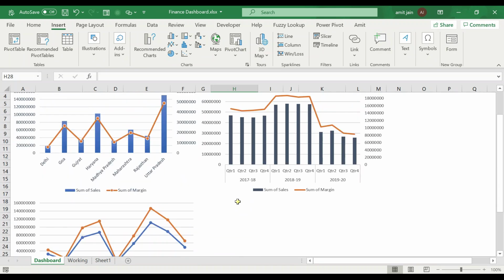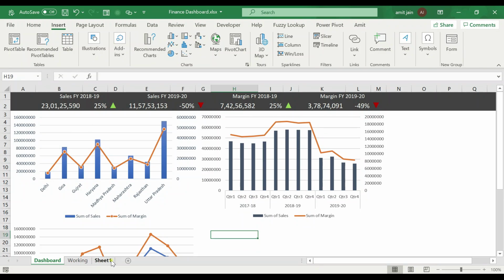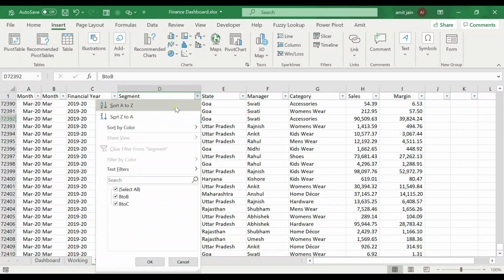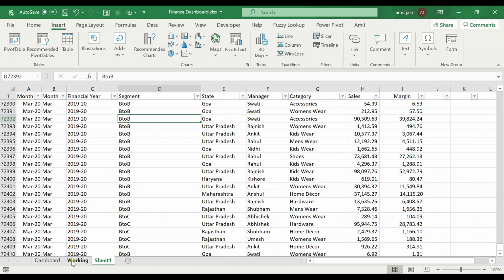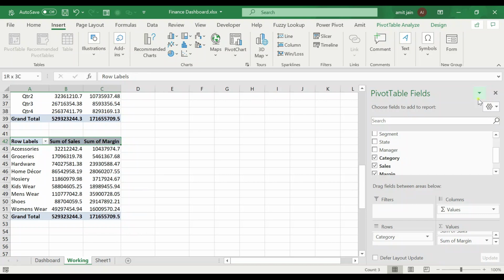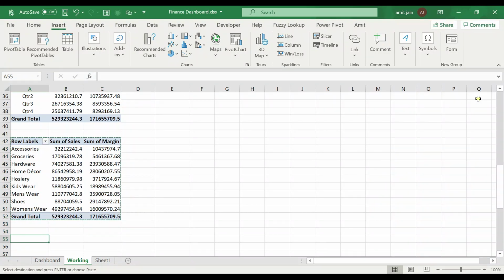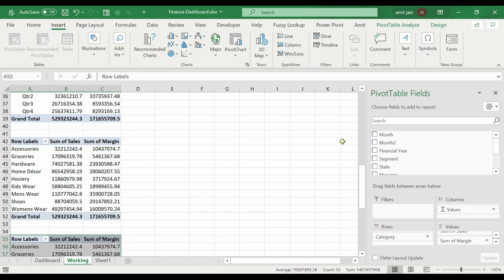There is no border. Now what do I need? Now friends, I need this B2B or B2C category-wise information also. So I write B2B and B2C-wise information. No need to create one more pivot fresh. Just copy and paste